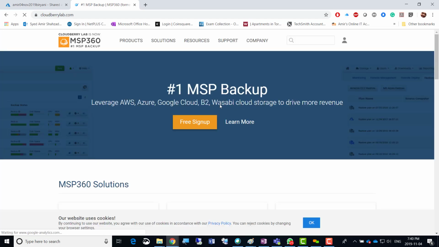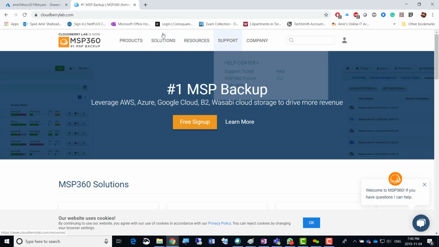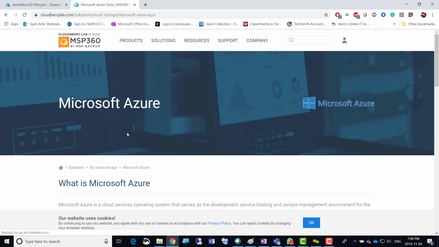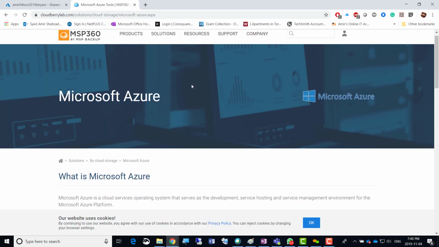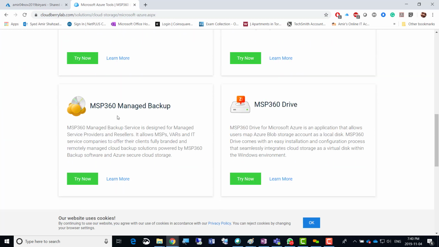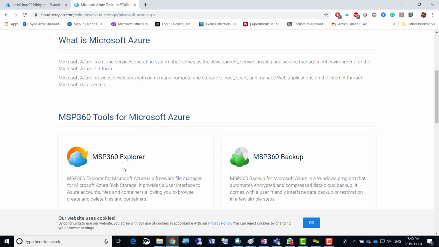So it is for backup, but it is for exploration or explorer as well. And it goes for Microsoft Azure, this Cloudberry. So suppose you're connecting from Cloudberry Explorer. They have Explorer, they have backup, they have managed backup and MSP 360 drive. So if you use the Cloudberry Explorer, now you have to connect from